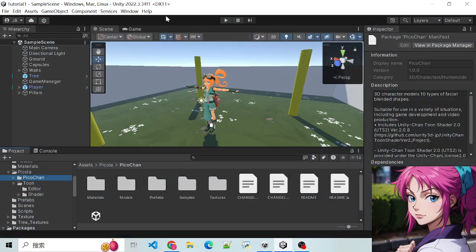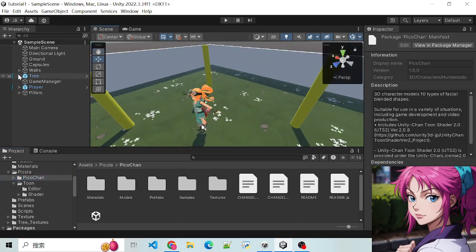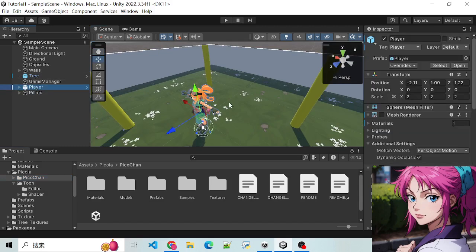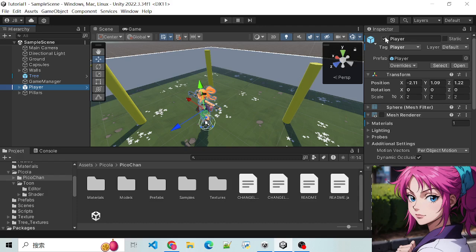Okay, here we come again, and this is probably my third tutorial. And last time we can see that we have made something like the